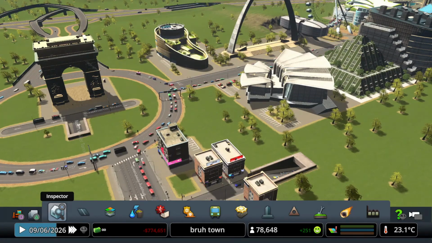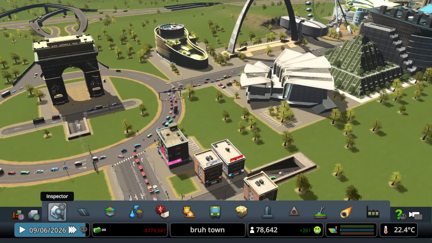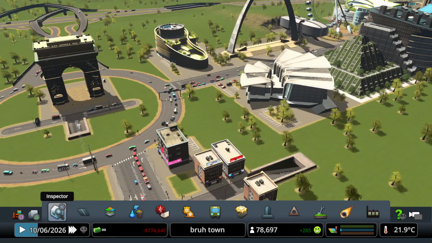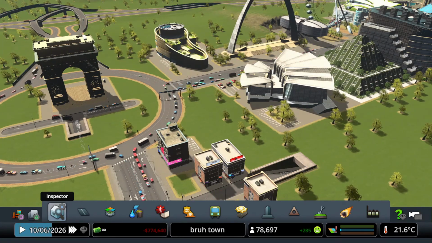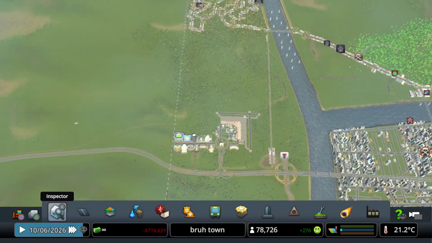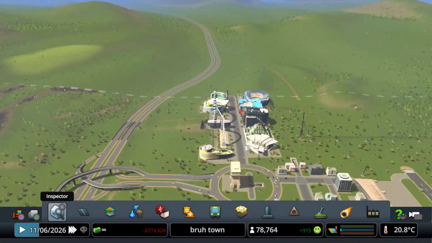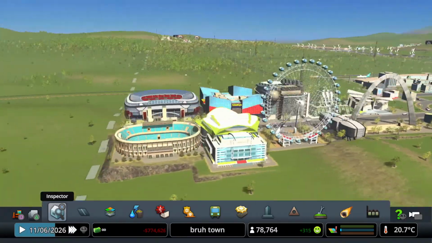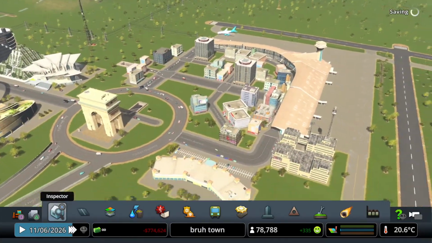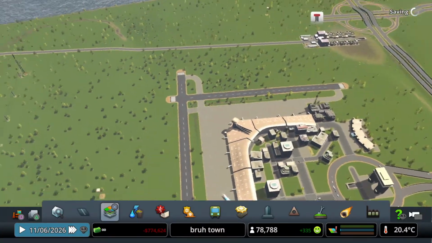Today we are here once again playing City Skylines on the channel for you guys, and today we're continuing with Bruh Town. We are here in episode number 6, and I'm very excited to see what we can do here today with Bruh Town. If you guys missed the last episode, we came in here and we built up this very fun entertainment area with some shopping and, of course, the international airport. Now, today,